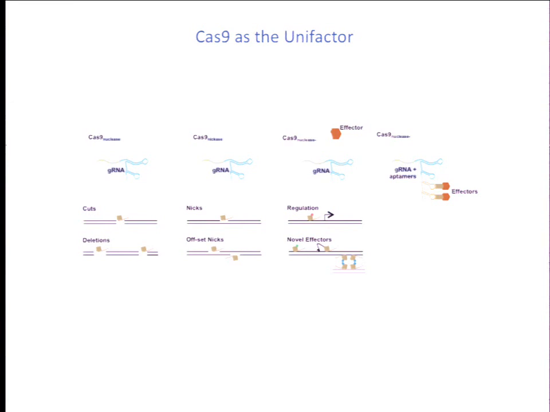And similarly, one could take the nuclease null version of the Cas9, and instead of attaching effectors onto the Cas9, one could attach effectors onto the guide RNA by using aptamer domains and using those to recruit aptamer binding proteins and use it for genome regulation. And I didn't get a chance to show some of this data here, but one can do this effectively. And one can also instead use this system to bring together RNA, DNA, and protein in a sort of very complex fashion and start to study processes such as transcriptional regulation in a way that has not been examined before. So the way I look at the Cas9 system is that, in some sense, it's a unifactor and at least has the potential to do a range of functions that go beyond just plain genome editing or genome regulation.